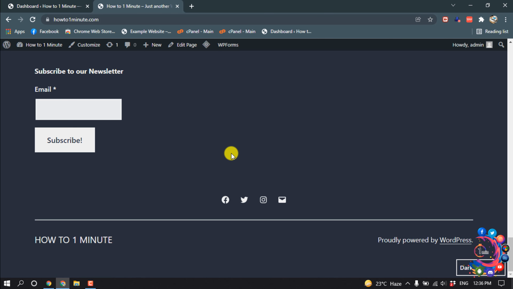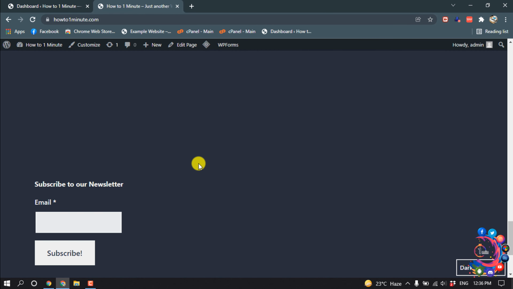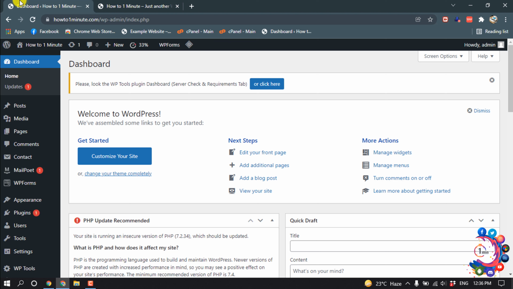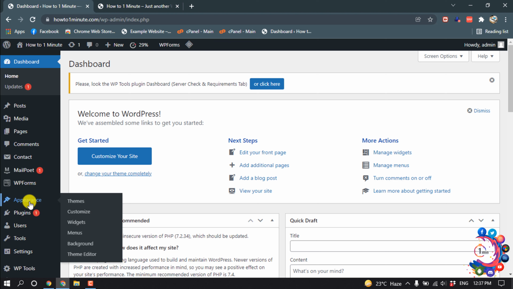So right now here we can see my footer section is almost blank, and now let's see how to customize this footer section. So log in to your WordPress dashboard and then hover over Appearance, then click on Widgets,